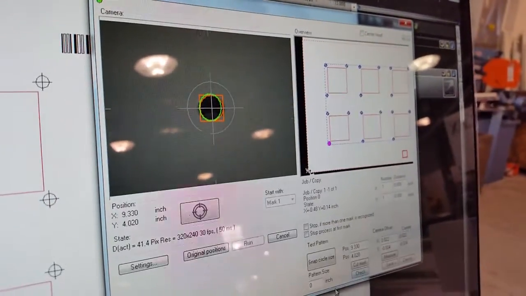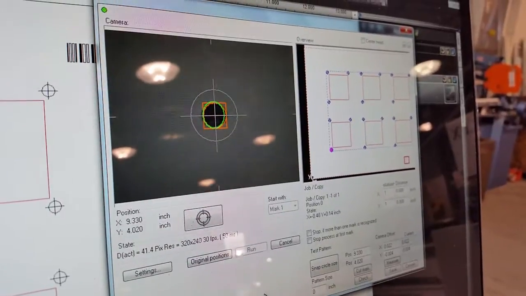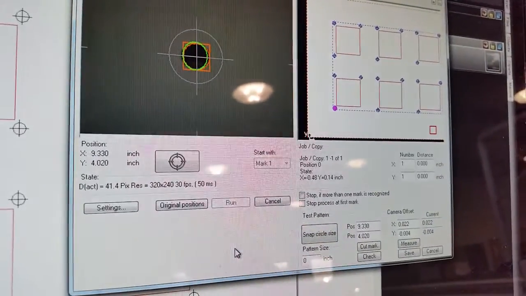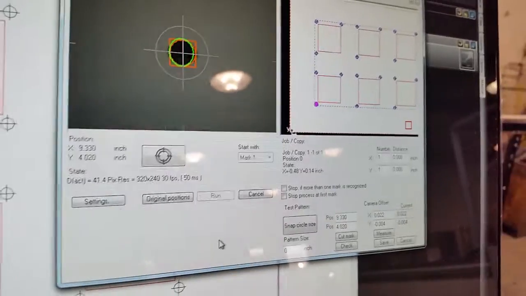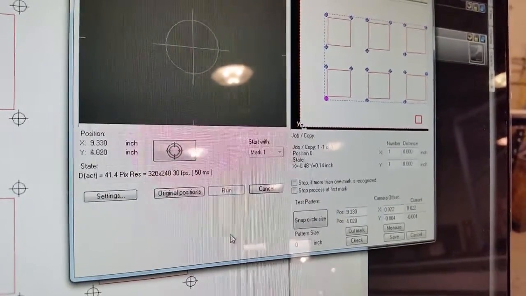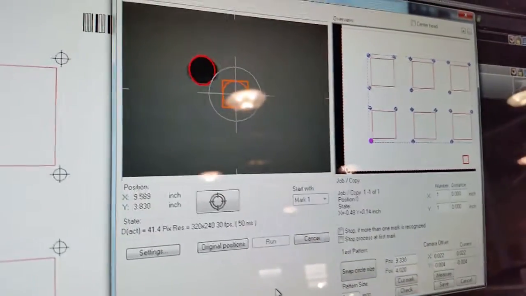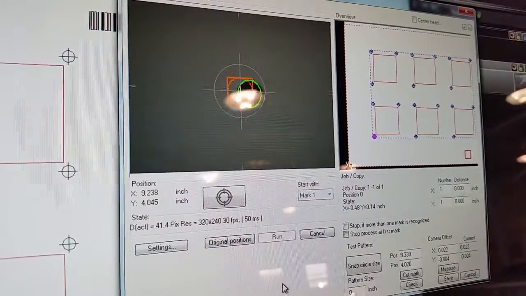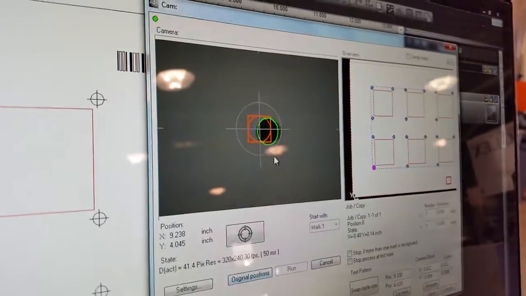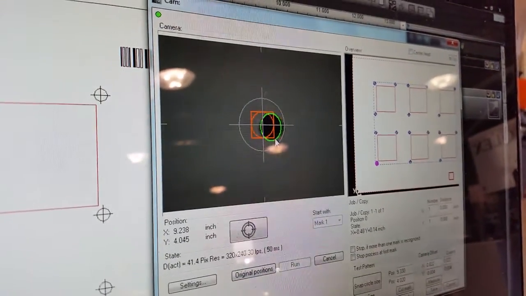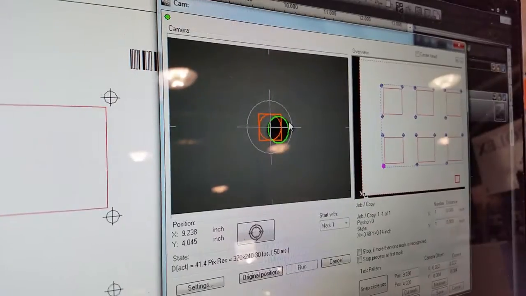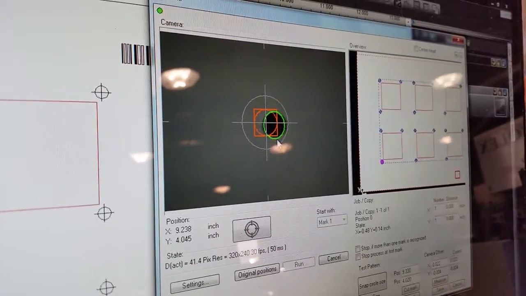So my machine with the latest version OptiScout driver moves to the drill dot automatically. In your case, you probably will need to move the machine with the arrow keys to locate this dot. And for example, I've got a situation like that. You try to be close to the center of the dot and make sure that the yellow green circle around